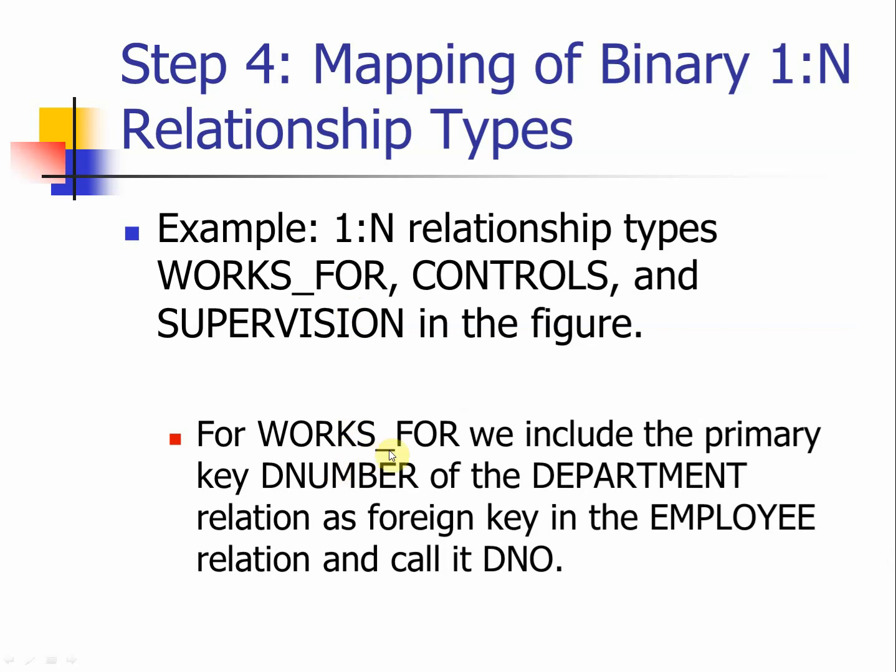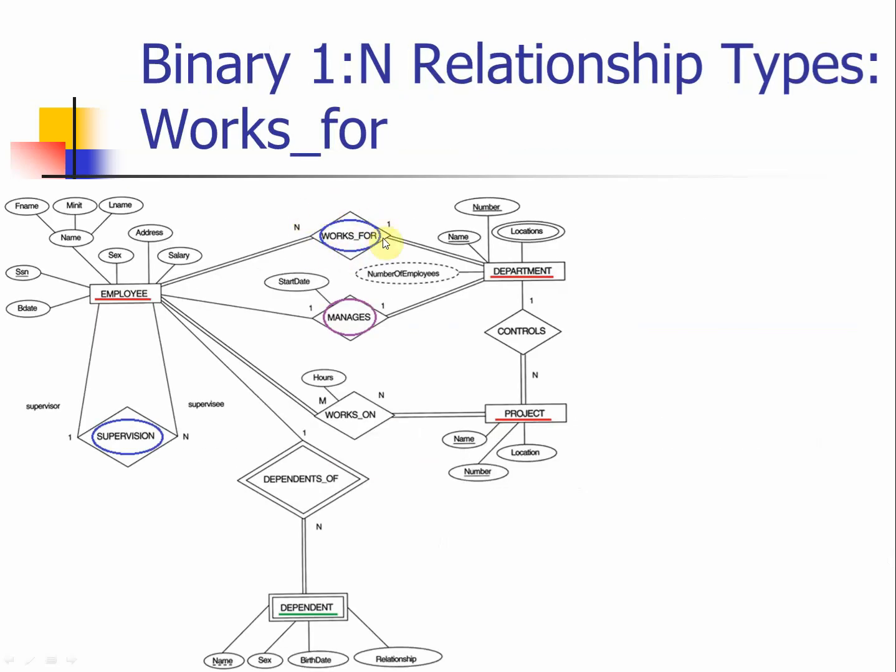The other one is works for, indicating that each employee must work for one department. On the other side, each department has several employees working for it. So we have this 1-to-N relationship that we want to handle. As we mentioned, this is going to be easier for you to see in this operation. Since we have a 1-to-N relationship, we need to change this relationship into an attribute as a foreign key to the employee, since employee is the N side, and then make a foreign key link to the other side of